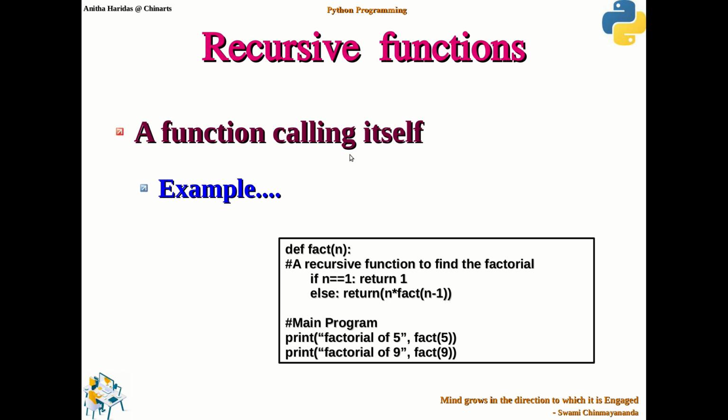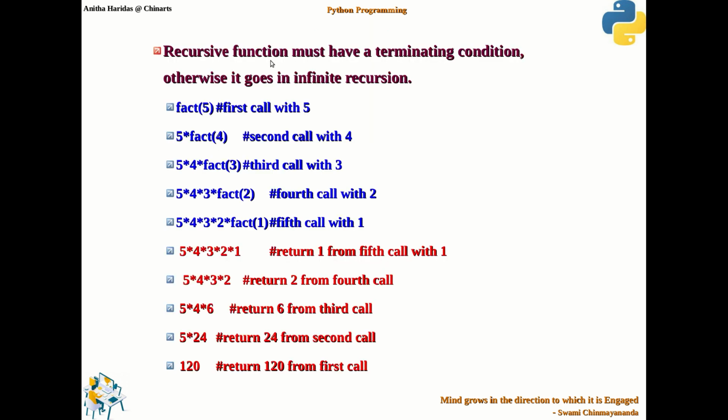A function which is calling itself is what you call a recursive function. So this is how we define a recursive function. Here you can observe I define a function factorial, and this function is calling itself. Inside the function I call the function again, which is nothing but a recursive function. So this is a better example. You have already experienced the same example in other programming languages whenever we talked about recursion. So let us see how the recursive function works.